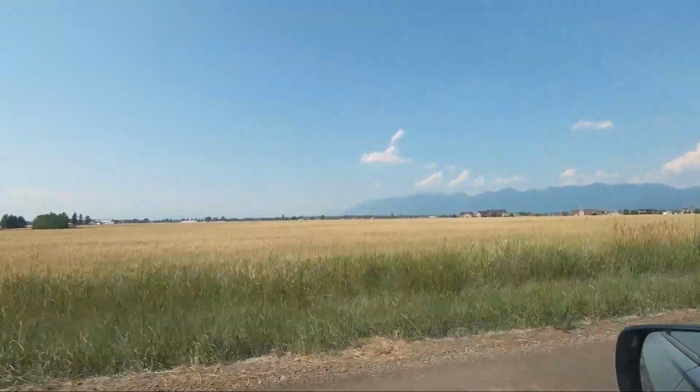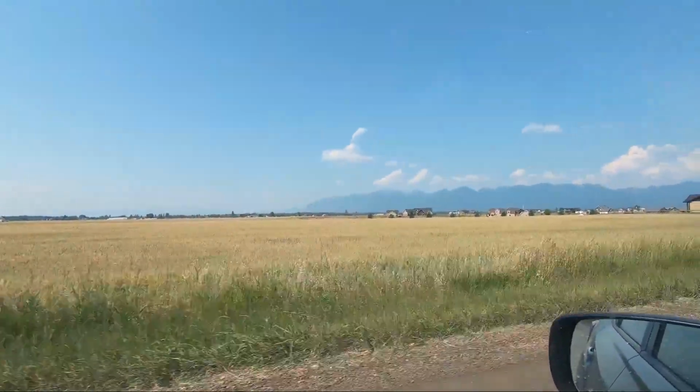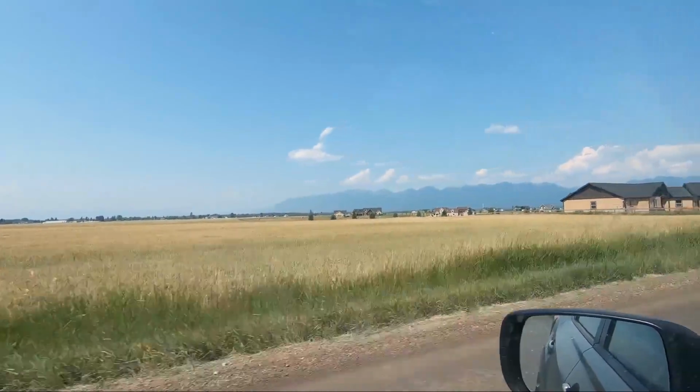Okay, so this next home is in the Lower Valley area of Kalispell, so pretty far south. It's a special area though. Wide open mountain